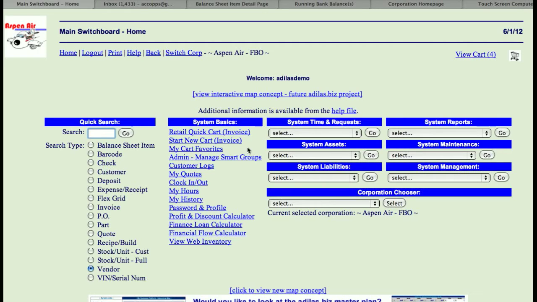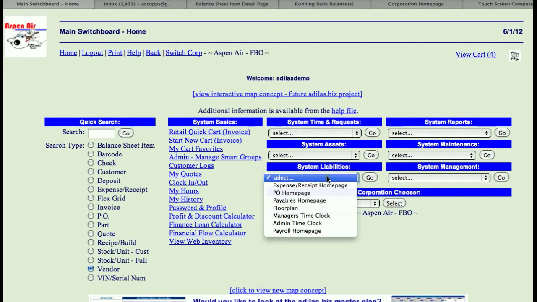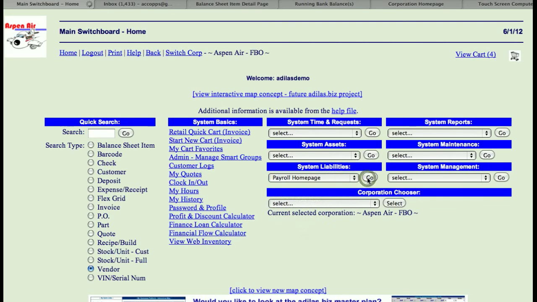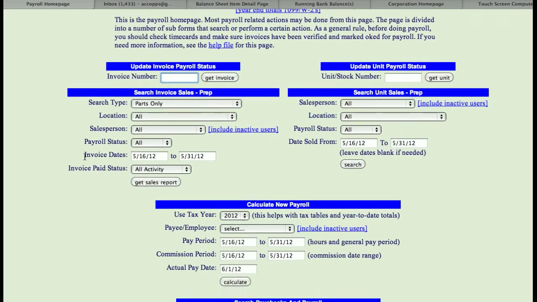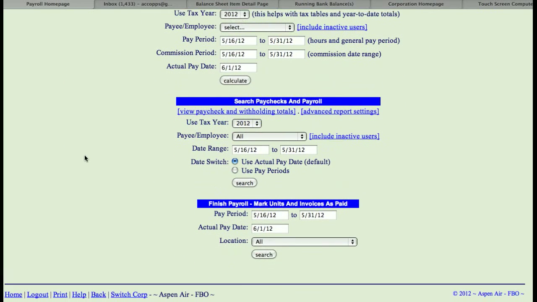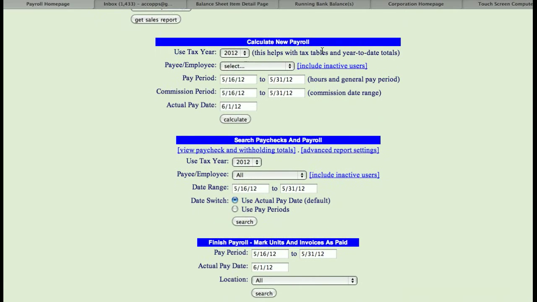And what you would do is from the main switchboard homepage, you would come under System Liabilities and come down to the Payroll homepage. Once you're on the Payroll homepage, you would scroll down to where it says Calculate New